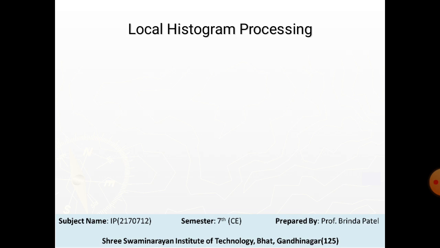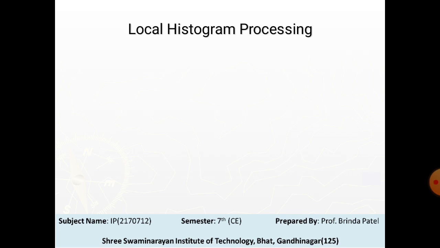The histogram processing methods discussed in the previous videos are global in the sense that pixels are modified by a transformation function based on the gray level content of the entire image. This global approach is suitable for overall enhancement. There are cases in which it is necessary to enhance details over small areas in an image. The number of pixels in these areas may have negligible influence on the computation of a global transformation whose shape does not necessarily guarantee the desired local enhancement.